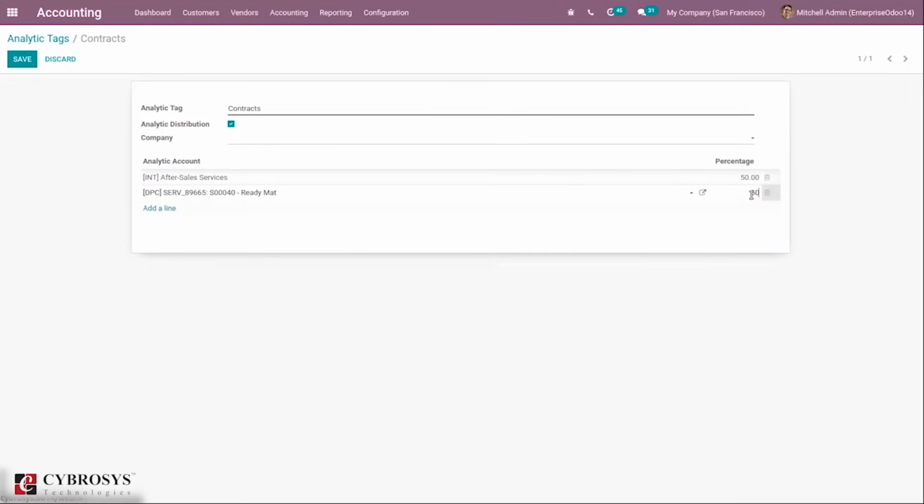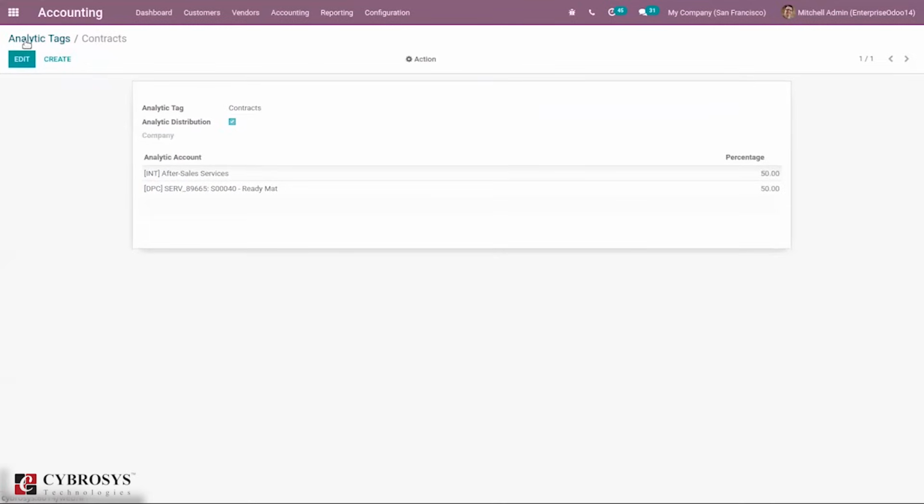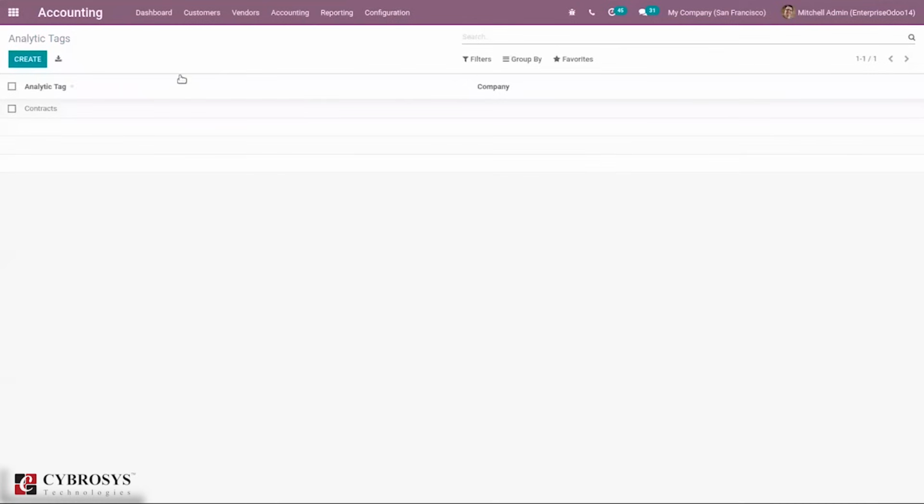So income or expense will be split based on this percentage. This tag can be set on the accounts, and we can split amounts. You can also add these analytical tags when you create a sale order or purchase order.